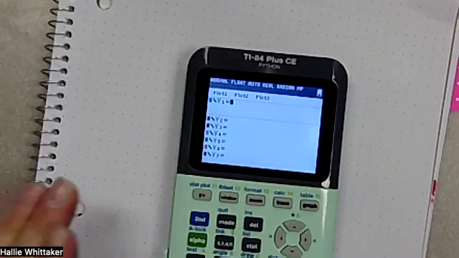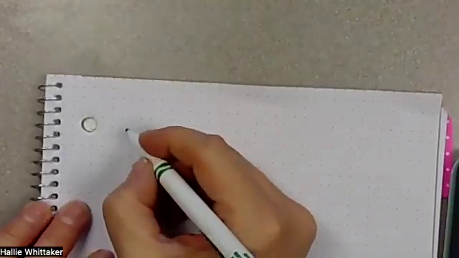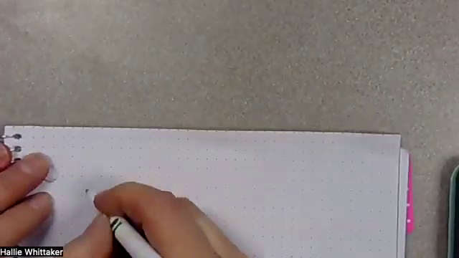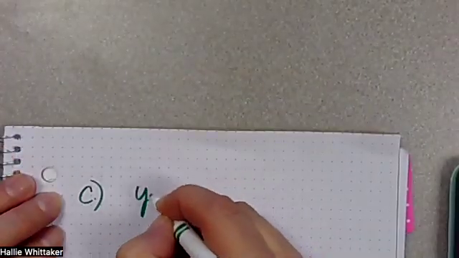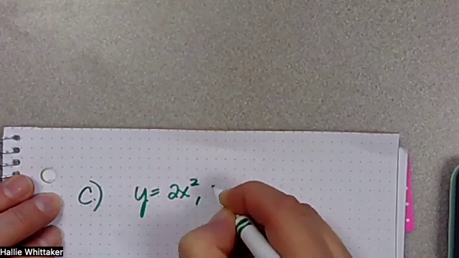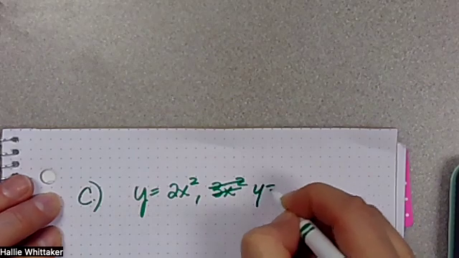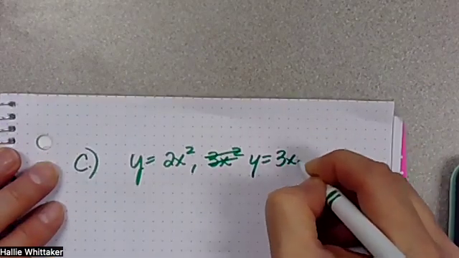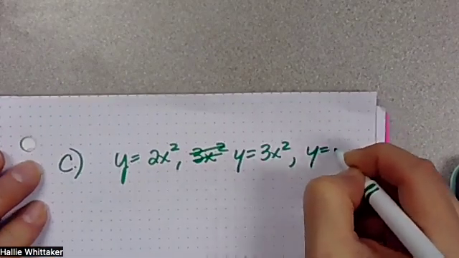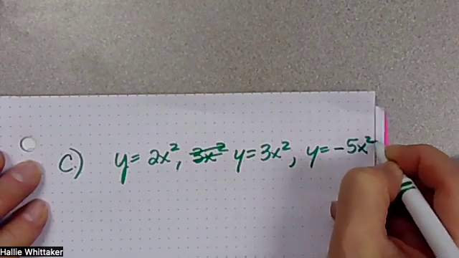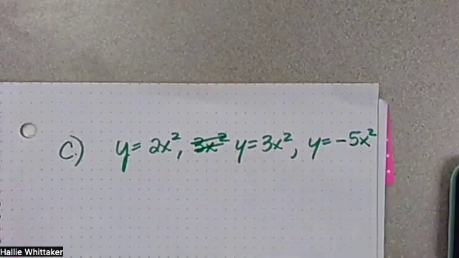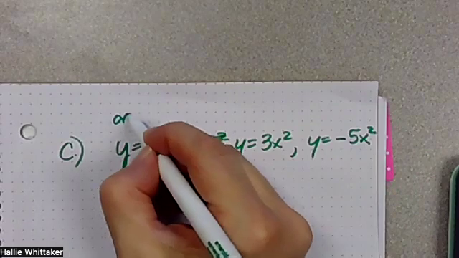Okay, let's do this on the graphing calculator. This is 7-1. Y equals 2x squared, y equals 3x squared, and then y equals, let's do a -5x squared. Okay, and then they want you to order